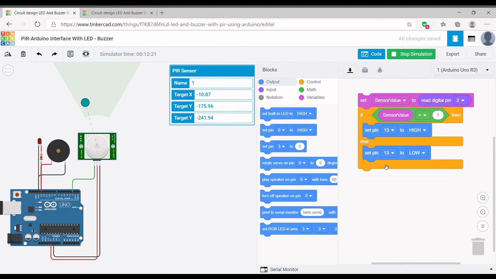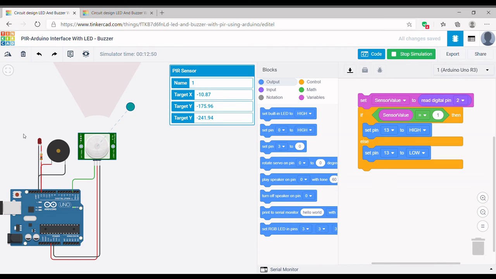Now I am going to show you the block coding section of this design. If the sensor detects any heat in its vicinity, then it will send a message to the Arduino. Then the Arduino will send the message to the digital pin number 13 to turn into high.